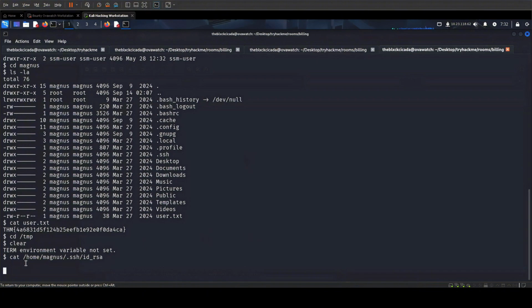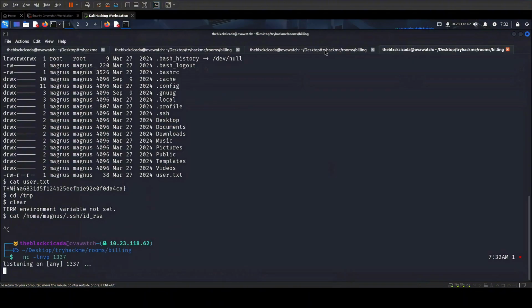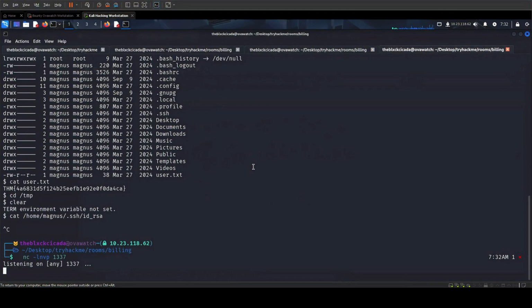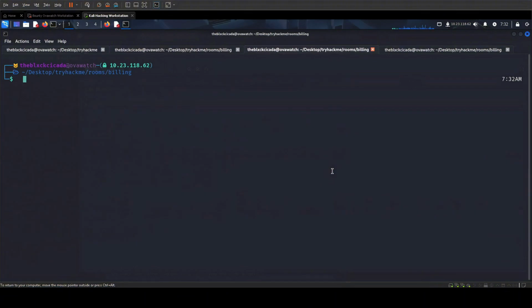All right, so this is hanging. So let's see if we can get the shell again. Okay, I'm gonna do this. Then I'm gonna run this again. See if we can get that shell back. Okay, looks like we're getting a timeout. Then I'm gonna try and run it again. So Python CVE exploit dash 10